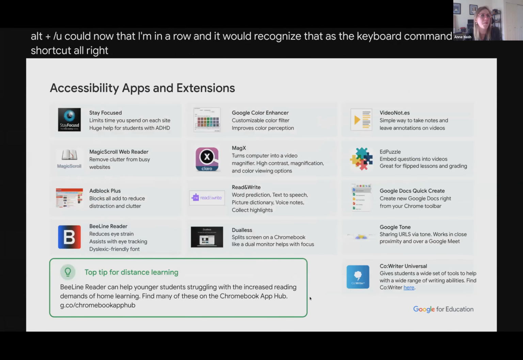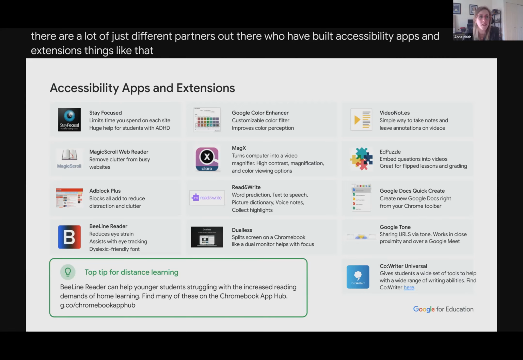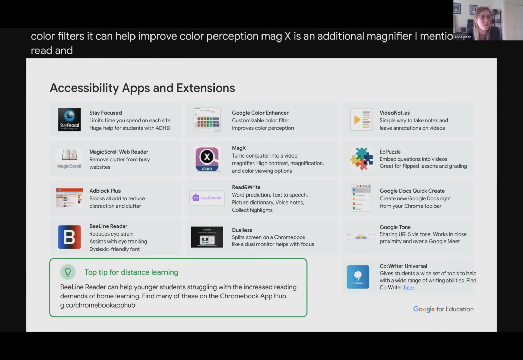All right. I won't go into all of these, and this is by no means comprehensive, but there are a lot of just different partners out there who have built accessibility apps and extensions, things like the Google Color Enhancer that's helping with customizable color filters. It can help improve color perception. MagX is an additional magnifier. I mentioned Read and Write and Co-Writer, Beeline Reader, helping reduce eye strain,